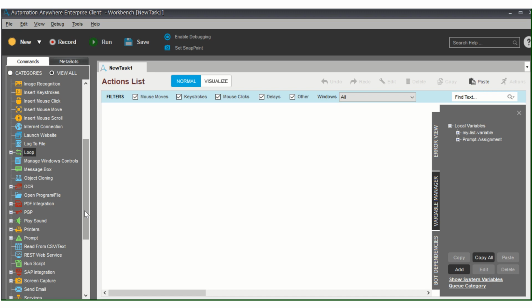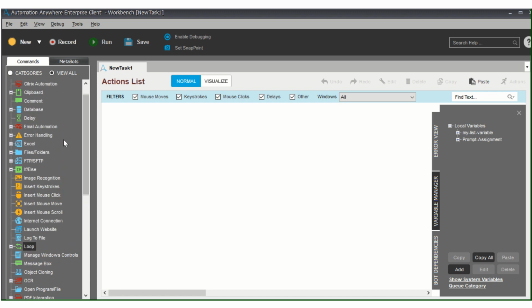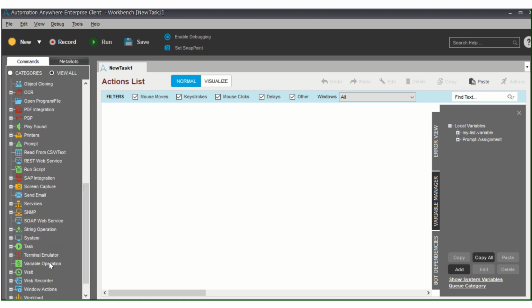I'll be giving walkthroughs of writing the basics of VB scripts and JavaScripts and how to execute them, how to use email automation, error handling commands, Excel, if else loops, variable operations, how to use web services, and how to do object cloning using DOM paths by writing them dynamically. I'll be going through each and every aspect in more detail.